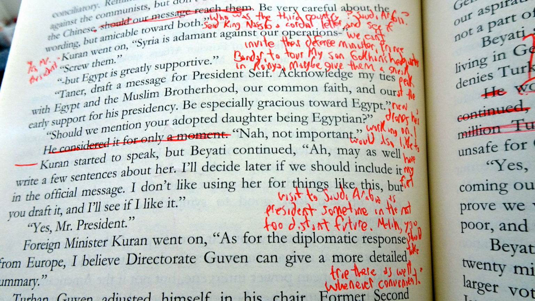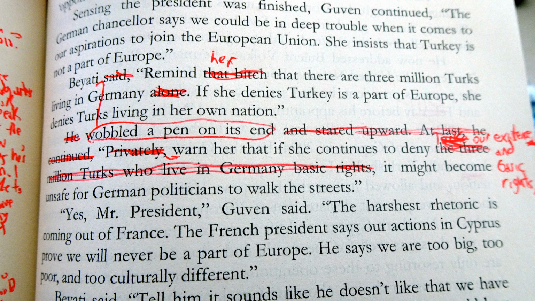So it's just kind of a cool way to do this. You know how I've already written the next book, but because of that, that allows me to go back into this book, Ottoman Destiny, and add in things that are going to have payoffs in the next book. So it's just kind of cool to do that. I don't really want to explain it all because I just over-explain it, but you can see I circled this